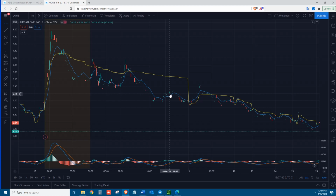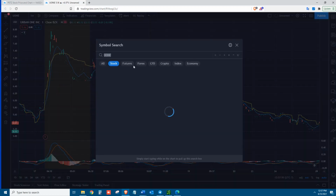So I don't try to pre-play earning reports. What I do is I play them after. Once earnings is released, I look at how the stock reacts and I play accordingly. So let me give you another example while we're on this too here. Let me pull this up here. Let's look at Netflix because